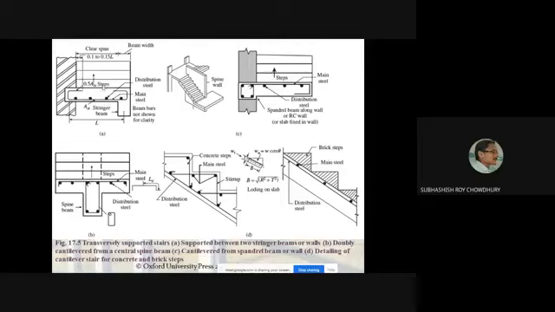Here you will apply the dead load and live load, and that will give you the maximum moment at the midspan. Similarly in this case, this is the cantilever slab. If you apply dead load and live load over the entire width, then you will get the maximum hogging moment near this support. Against that, you may find out the steel to be provided at the top.